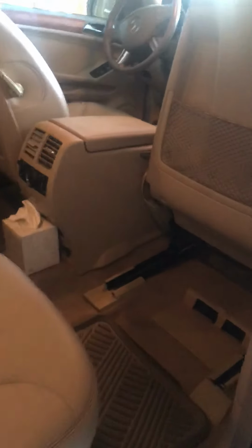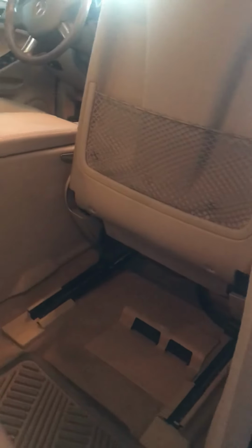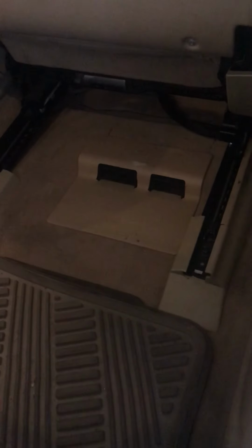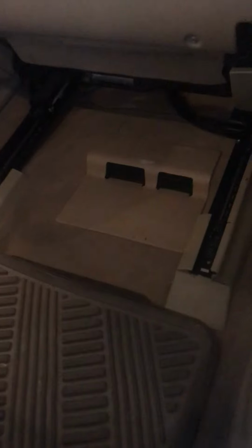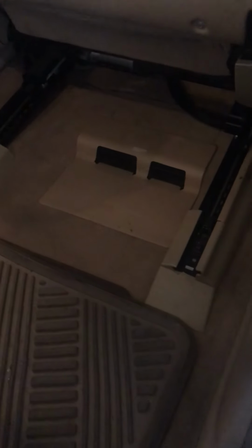raise your passenger front seat all the way up, tip it all the way forward, and look underneath the seat. You'll see a cover for the heater, and the battery's underneath that cover. If you pop that cover off, you can see right down inside the battery box. There's a little plastic shield you've got to pop out of the way, but take a flashlight and look in the battery box. If you see water in the battery box, the problem is there's a SAM module in there,